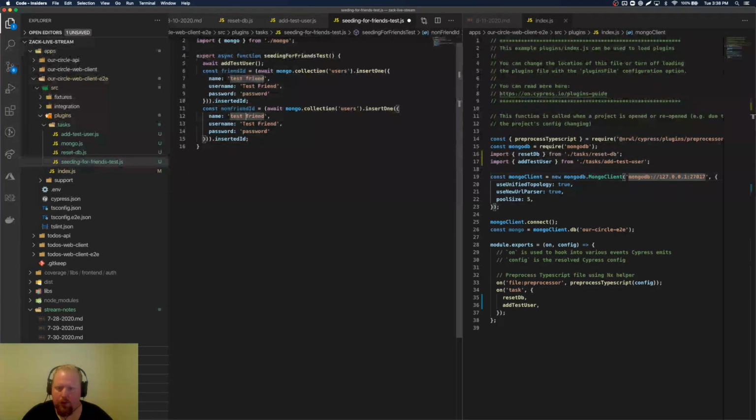So this will be test non-friend. Username is not a friend, I guess. Password is password. Cool. So now we've added a friend to the database. We've got their ID. We've added a non-friend. We've added their ID. Next thing we're going to want to do is we're going to want to await